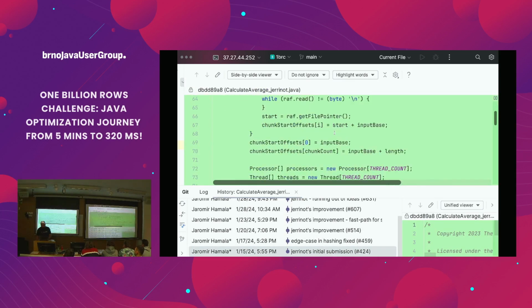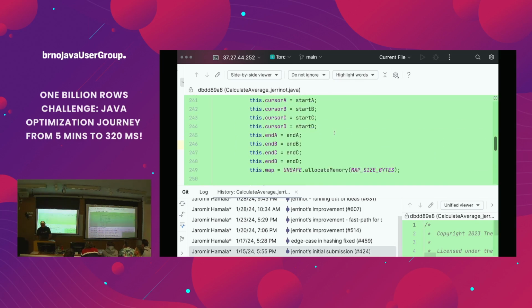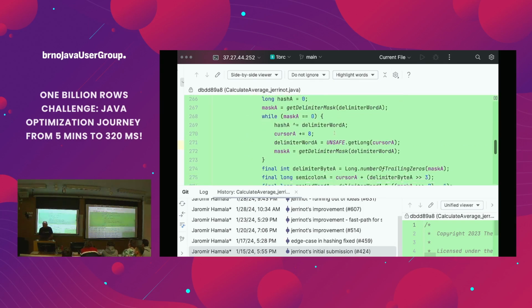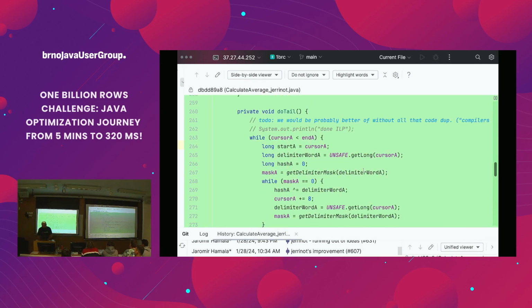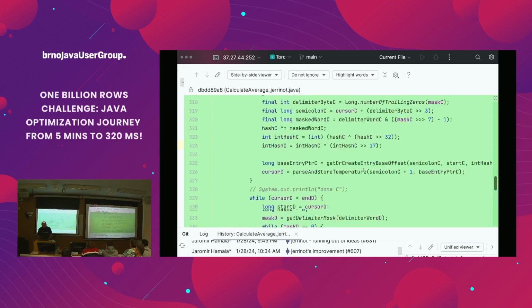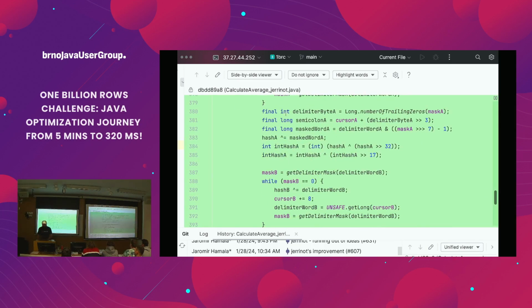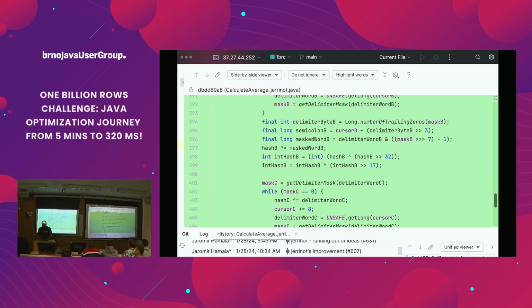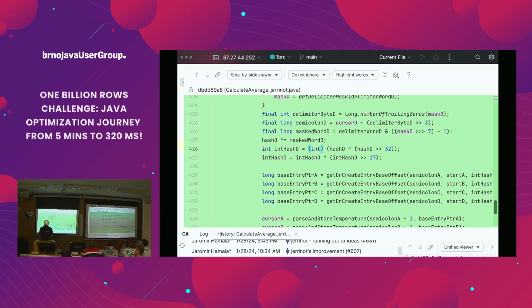Initial submission. Yeah, have a look at this beauty. Yeah, here, see? A, B, C, D, and it's even more complicated because at some point I was trying to maximize the utilization of execution units.